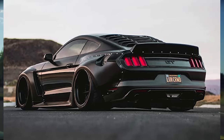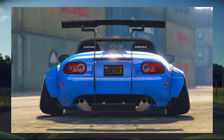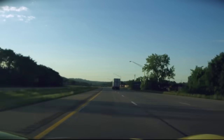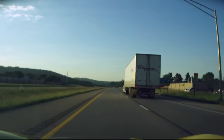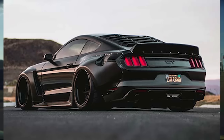And I think if you can afford a perfectly acceptable wide body kit, I actually think stance could sometimes ruin it. And today, that's a personal opinion that I think people will be really upset with, because I see stance as a cheap substitute to making your car wider. But if you can actually afford to make your car wider, I never really saw any reason to stance it to high hell. You can still do a few degrees of negative camber,